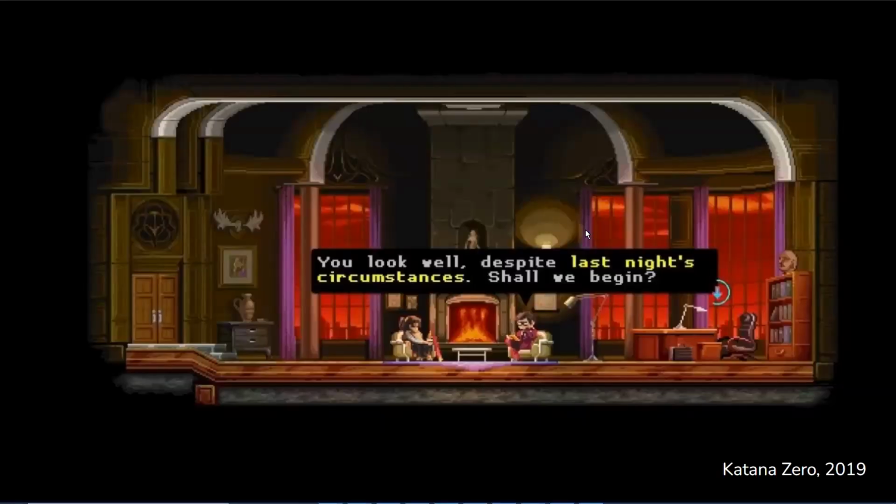Now, to take a bit of a different approach, here's another game that uses way more smaller details in its pixel art. So this is Katana Zero, a game from 2019, one of my favorite games. And it had a bit more outline stuff and other aspects in it. So, for example,